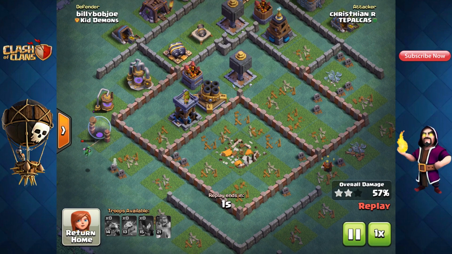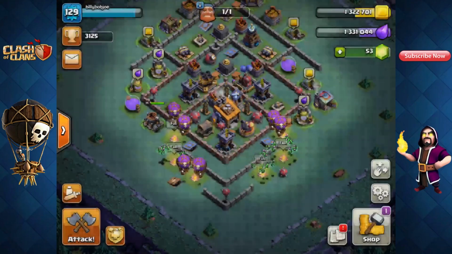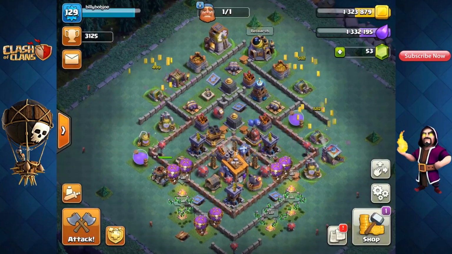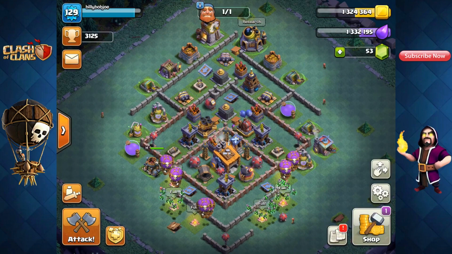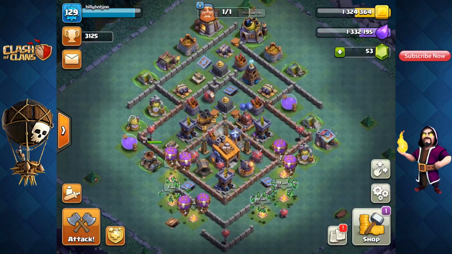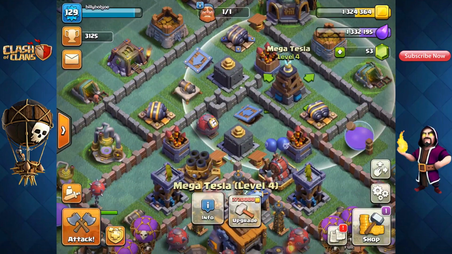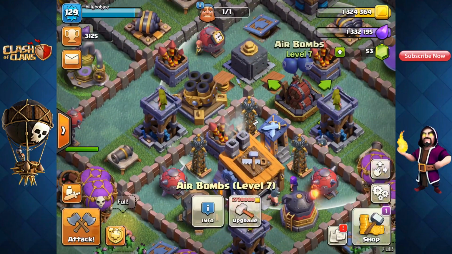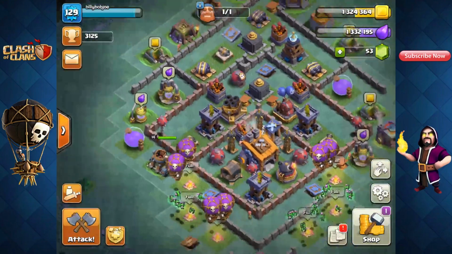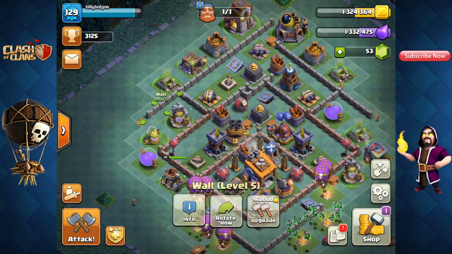If you're not going to be using this base, but you want to have a similar kind of anti-3-star base, one thing you want to remember is to balance out your defensive buildings. For example, the Mega Tesla and the Roaster, Giant Cannon, Air Bombs, and Multi-Mortar. You want to make sure those are balanced. So you have